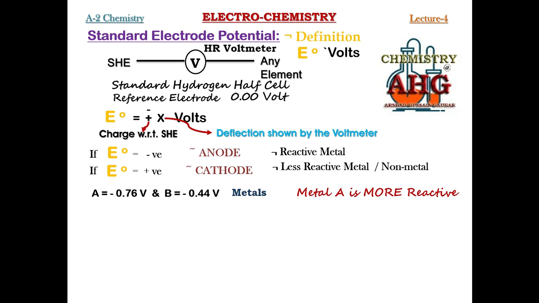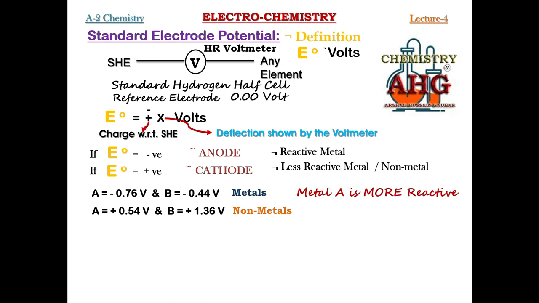Next example, if I give you, you can see now two elements, again their exact identity is not available. Element A, its standard electrode potential is positive 0.54 and the standard electrode potential of element B is positive 1.36. Now again, I'm sure you people would have become able to predict exactly what is the nature of these elements and which one of these two is more reactive. So what is the nature of these elements? Both of these are non-metals. Obviously they can be less reactive metal, but for the time being I'm ignoring that fact. I'm just assuming they are non-metals.